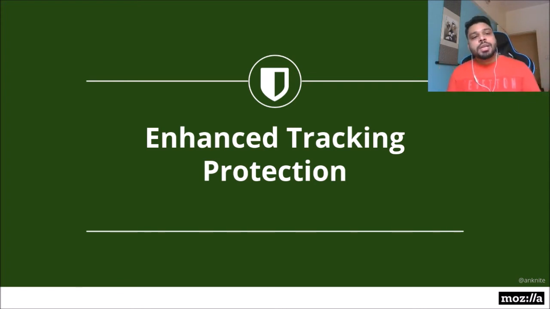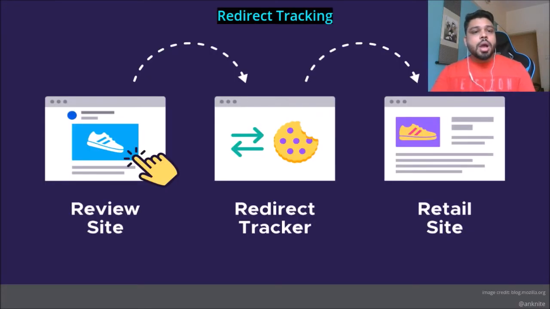And now Mozilla is also trying to have the Tor uplift effort, where they have included the enhanced tracking protection taken directly from Tor, and where the Tor engineers are also working on Firefox to make it better in that sense. So Tracking Protection 2.0 is basically the next step in continuing to provide a safe and private experience for Firefox users. How does it work? If you're on a review website and you click on a link